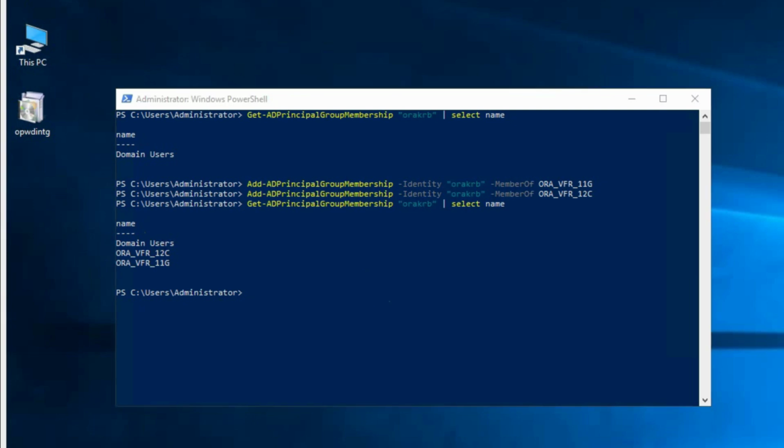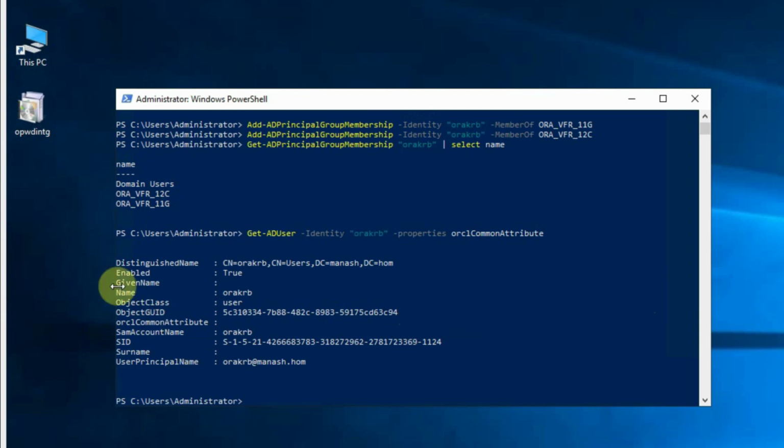And then another property we need to verify is the ORCL common attribute. This is very important. If the ORCL common attribute property is blank, then the user will not be able to log into the Oracle database. So we will use the command Get-ADUser -Identity Aura KRB -Properties ORCLCommonAttribute. Press enter, and in the output we see that the ORCL common attribute property is currently blank,